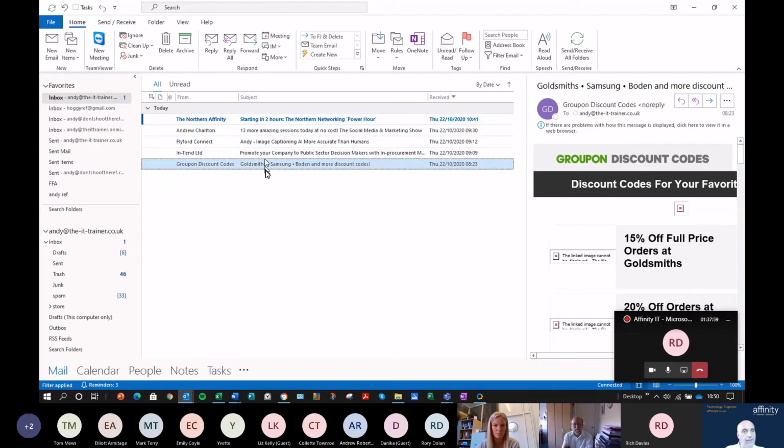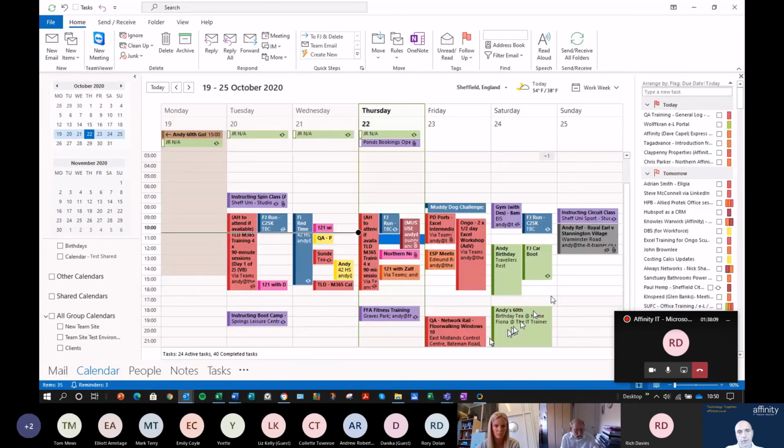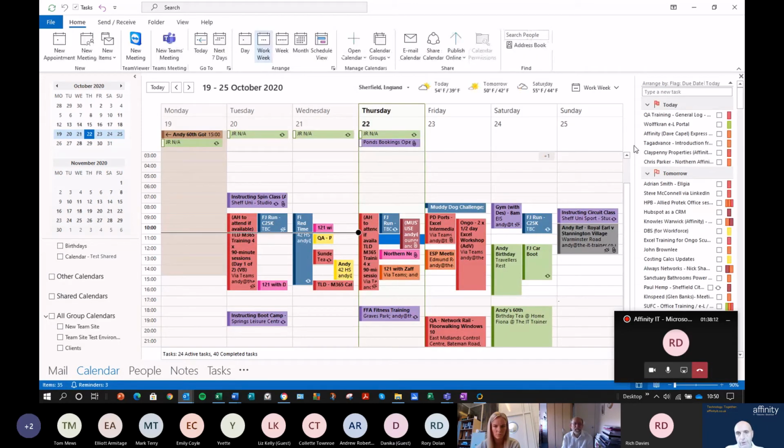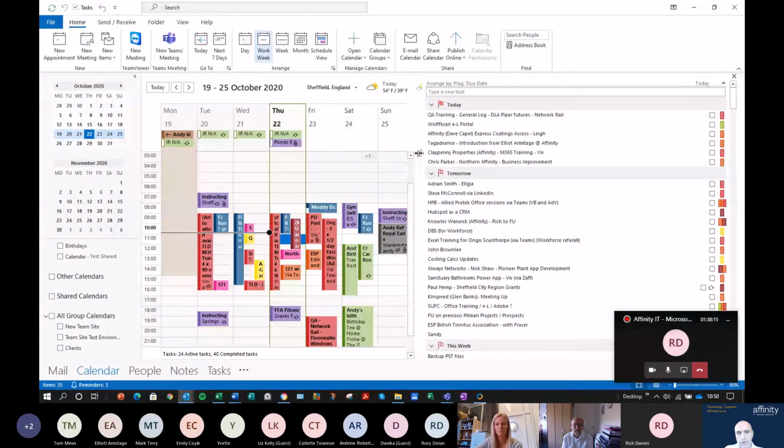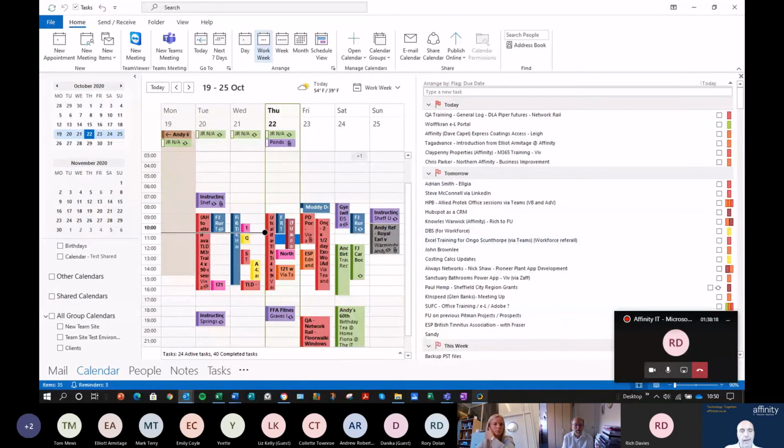That entry has deleted from the inbox. It's gone. It's no longer there. But what I've done instead, I've set it in my task list. So if I now go to the calendar view of Outlook, and just drag this screen across here a little bit, you can see I have the task for Sandy in my list of things to do tomorrow, and it's no